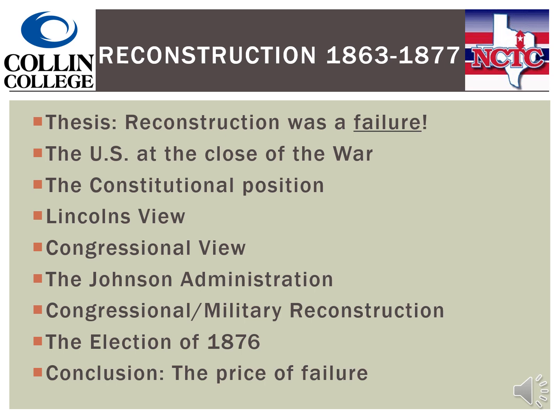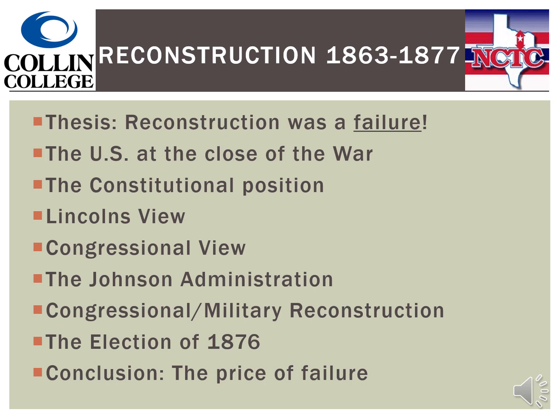Then we'll switch to military Reconstruction, congressional and military Reconstruction. I will tell you guys what happened, and then I'll talk extensively about why it happened. Because military Reconstruction is going to be, in a broad sense, unconstitutional. When you hear what it is, you'll say that's unconstitutional. Then we'll bring this all to a close with the election of 1876, which leads to the Compromise of 1877. Then, again, I'll have some conclusions on this, what the price of failure is, what it really meant for the South and for the nation as a whole. So with that in mind, let's get started.